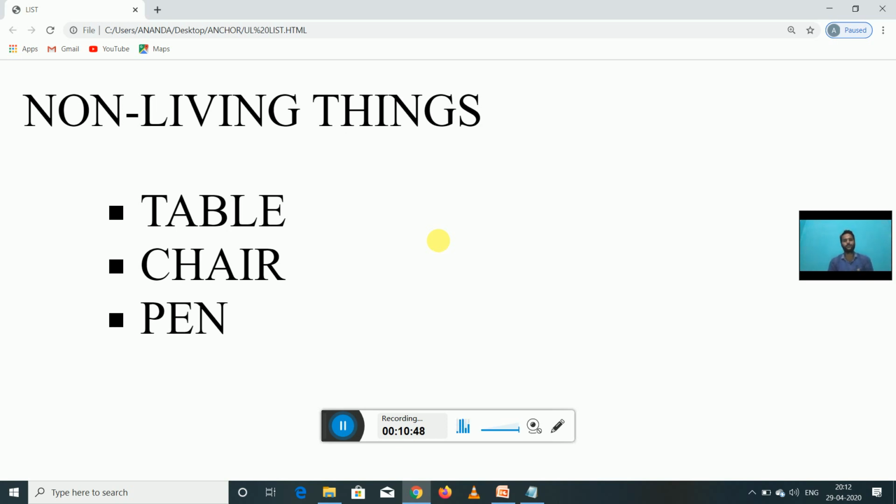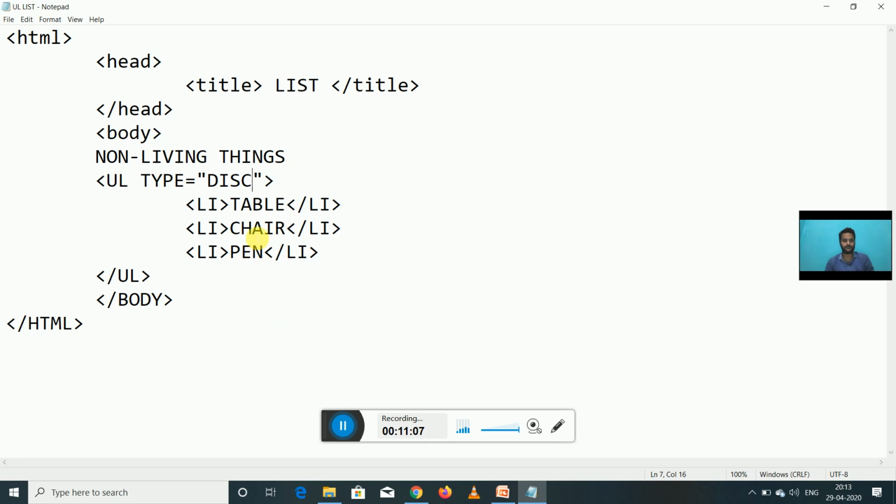You can try it at your home, and you can make any list of items here. This is the bullet we have used here. So I want to change it to a square bullet. I have changed that: square, control plus s, save.